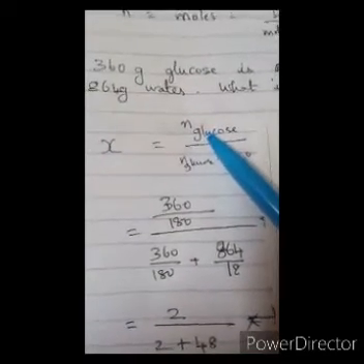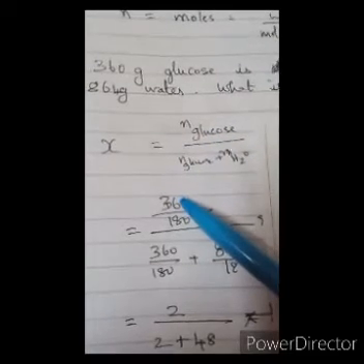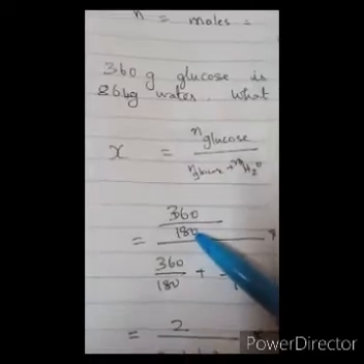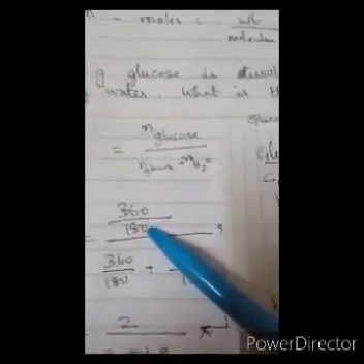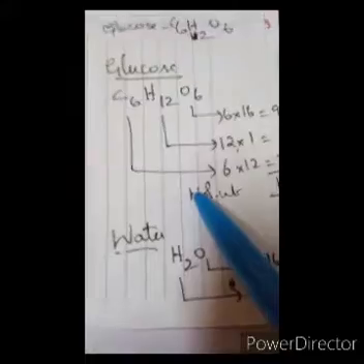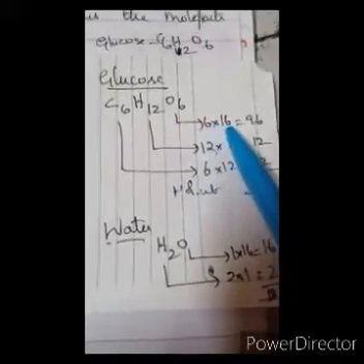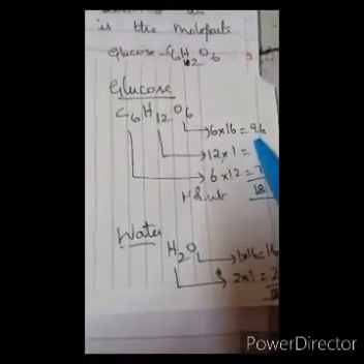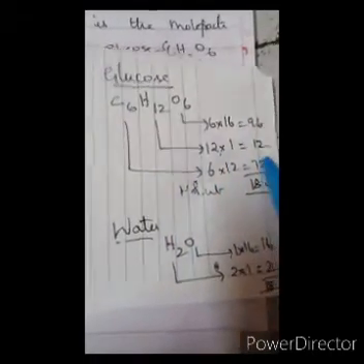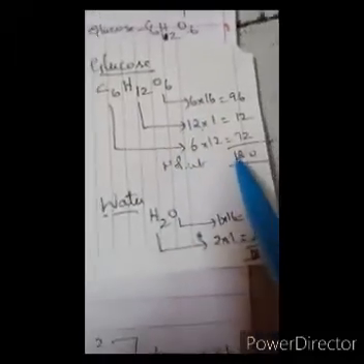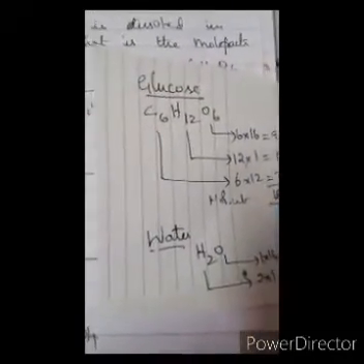So how do we get the number of moles? By dividing the weight of the glucose taken by the molecular weight of glucose. How are we to calculate molecular weight? We have already seen that in the first video. The molecular formula of glucose is C6H12O6. 6 atoms of oxygen multiplied by 16 gives 96. Same way hydrogen and carbon are multiplied with their atomic masses. We get the molecular weight as 180.